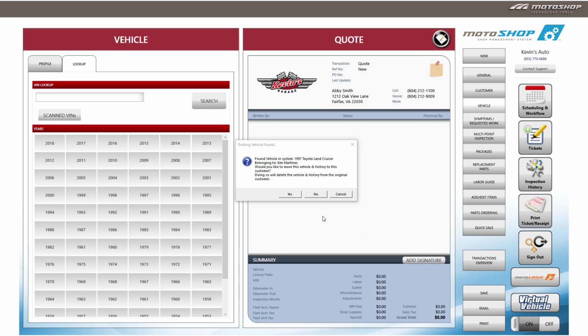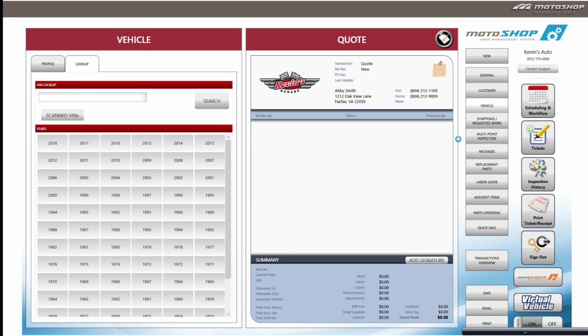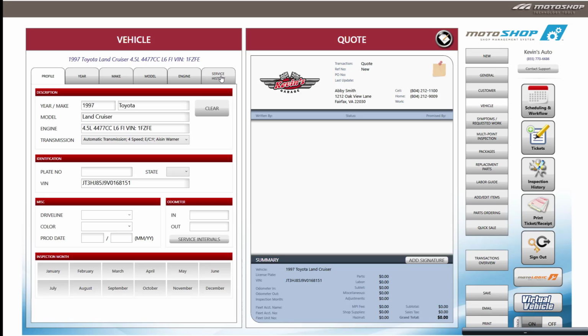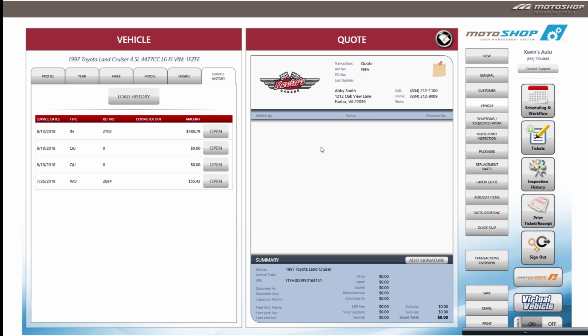Lastly, we have the Yes button. Pressing the Yes button will take all of the vehicle's history and give it to the new customer, erasing it from the original customer. At this point, we can go ahead and click on Service History, Load History, and now